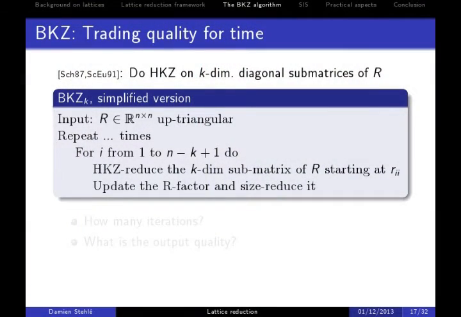Okay, so what is HKZ? So we look at k dimension. There is a fixed k called the block size. B is for block, and KZ is for Korkine-Zolotareff. So I apply Korkine-Zolotareff or Hermite-Korkine-Zolotareff on blocks. We fix the block size, k, and we apply HKZ to any k-dimensional diagonal submatrix of